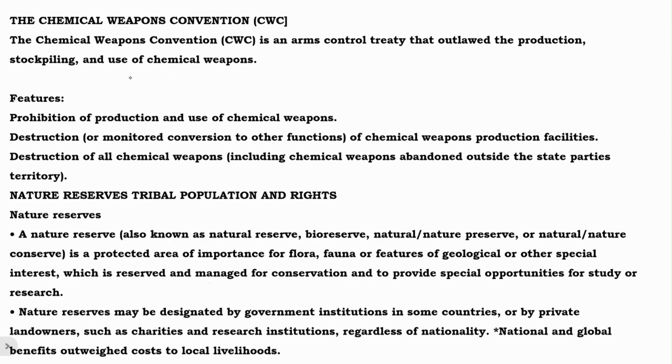The Chemical Weapons Convention: chemical weapons are prohibited. What are the features? Prohibition and destruction of chemical weapons. Natural reserves, and tribal populations and rights. A natural reserve, also known as a nature reserve or bio reserve, is a protected area of importance for flora, fungi, and features of geological or other special interest, which is reserved and managed for the conservation